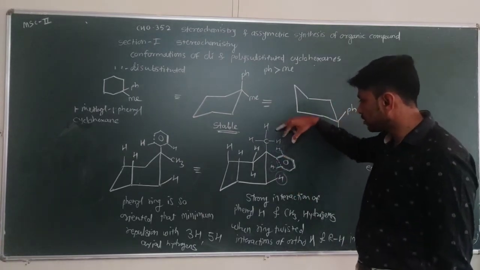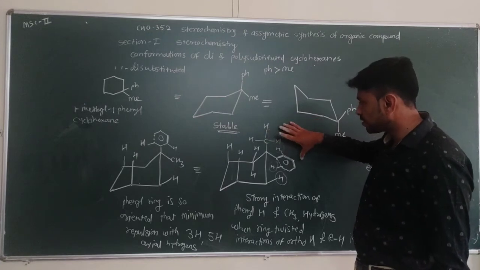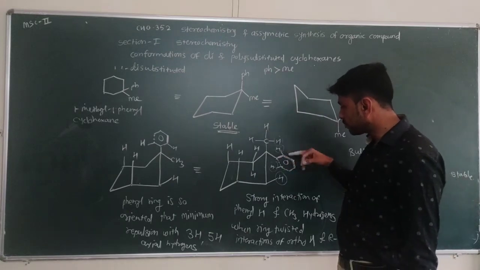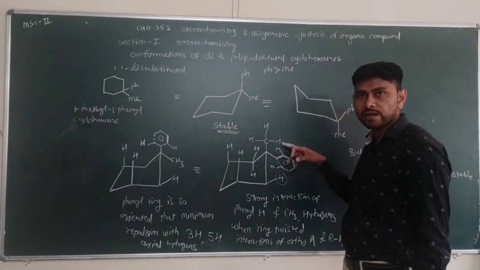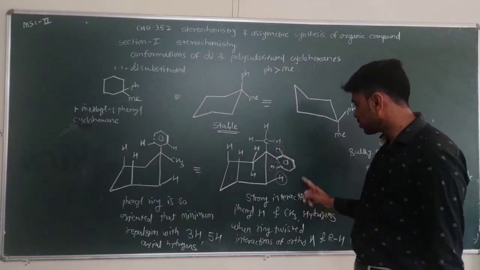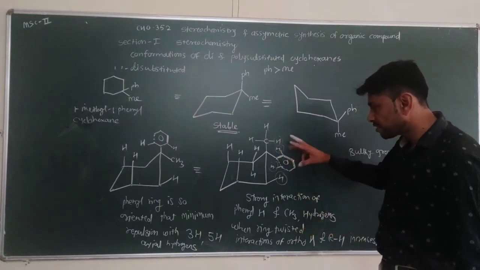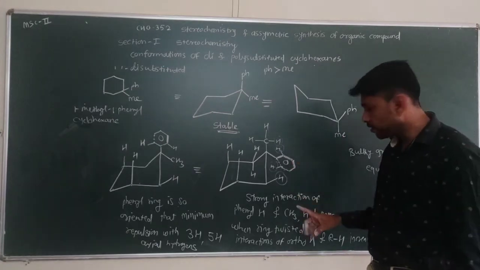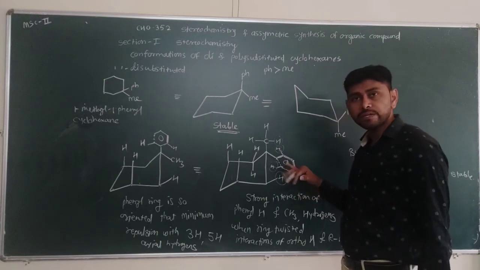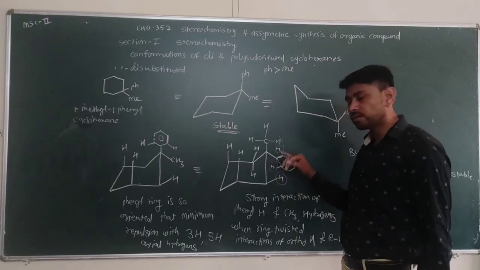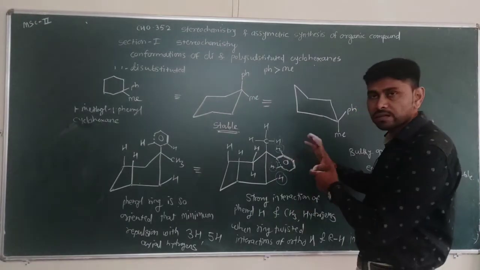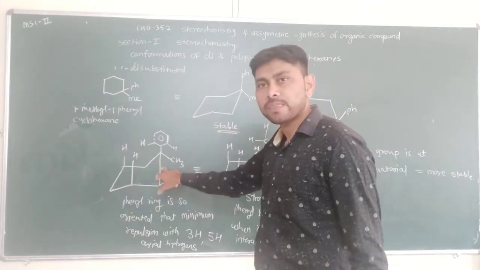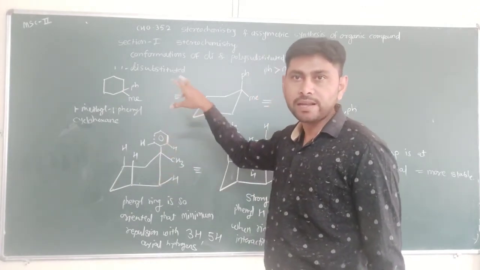If we see the structure of these two, if they are arranged in this way, with the CH3 group at axial position, then the interaction between the hydrogens of the phenyl ring and the CH3 hydrogens is more. If we minimize this interaction by twisting the ring, then at the same time the interaction between the equatorial hydrogen and the ortho hydrogen increases. That's why this structure gets unstable. So that structure is more unstable than the structure with the phenyl group at axial position.